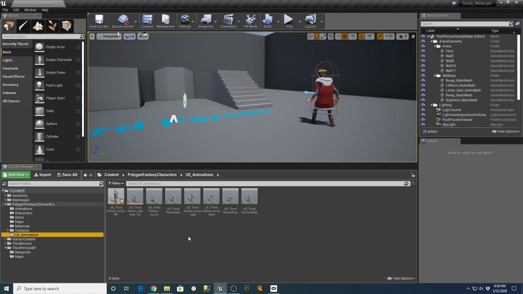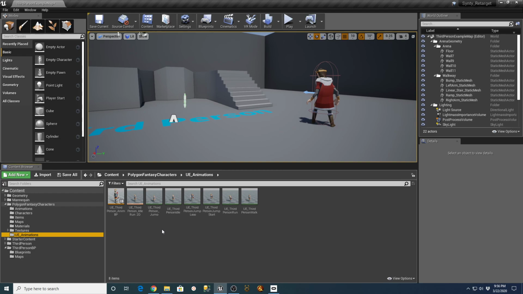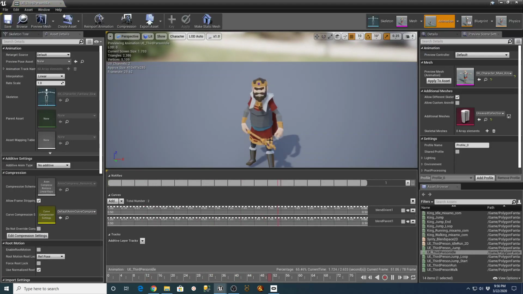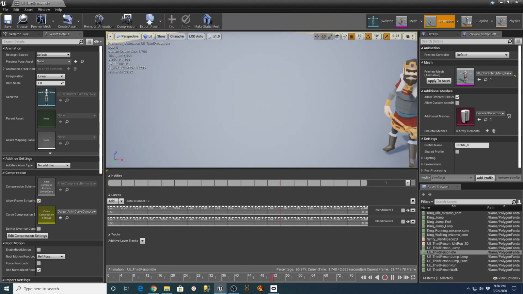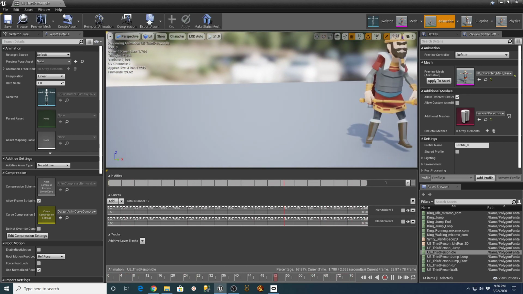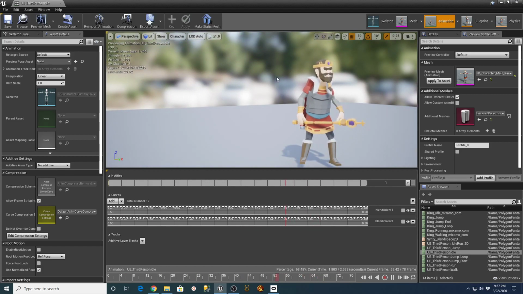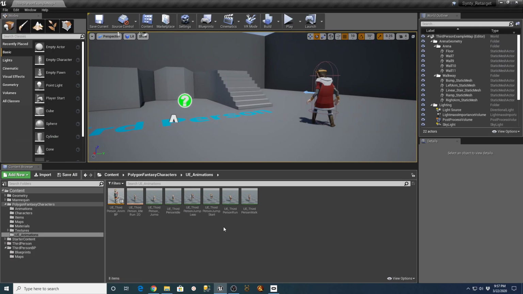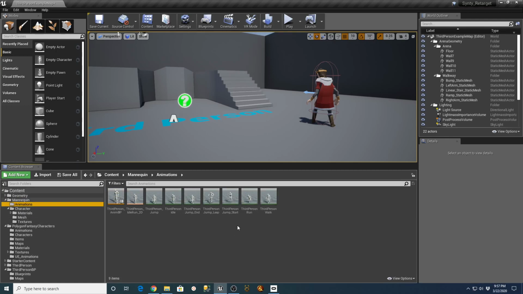The walk, run, and idle. So you can see how it does squish the shoulders in. I mean, this is basically what would happen if I did it with the retarget. I think it would do the same thing. But what I'm going to do, just to appease ourselves here for that question, I'm going to do it manually from the mannequin animation folder like we did for the other ones as a single.